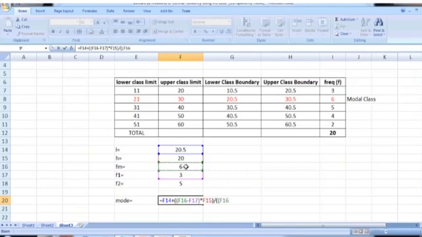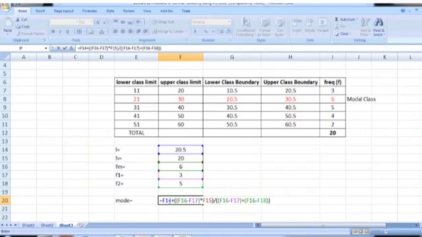Fm minus F1 plus Fm minus F2. And remember that I have used this double parenthesis because I want Excel to find this sum first and then divide this full expression with this whole term.